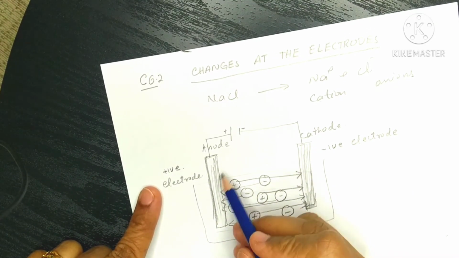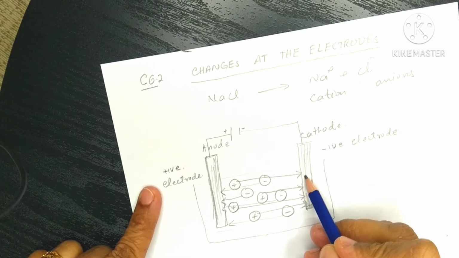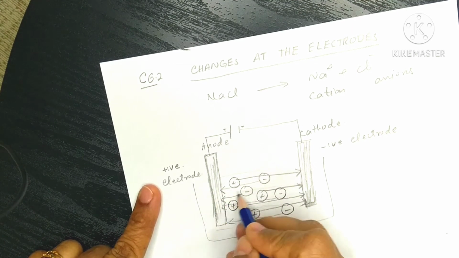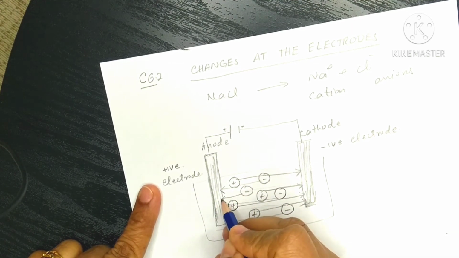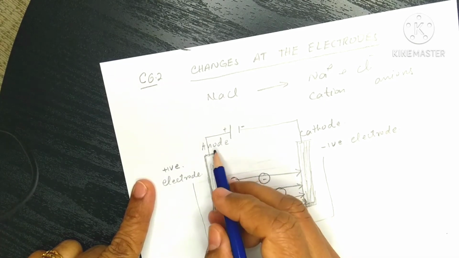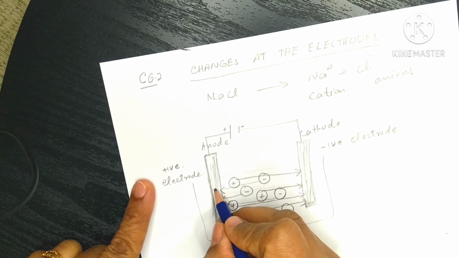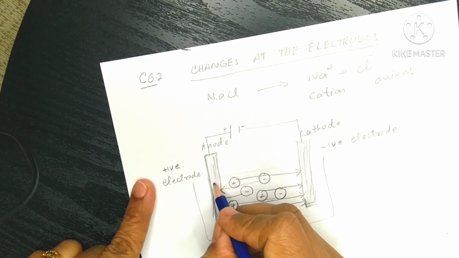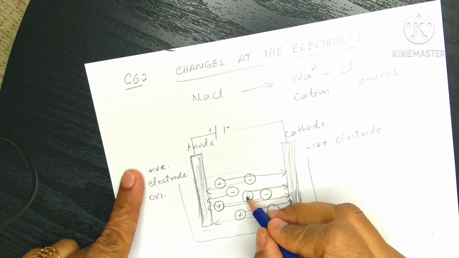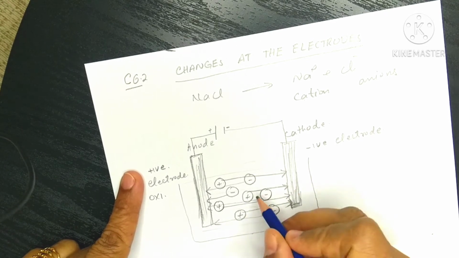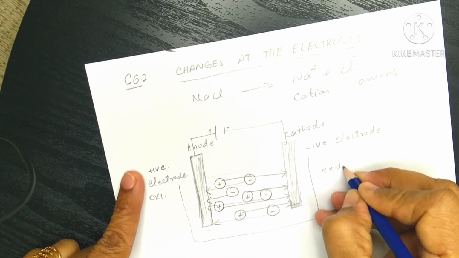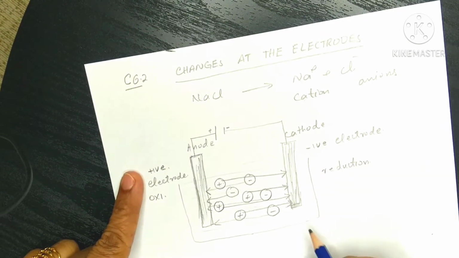Here at the anode and cathode, there are oxidation and reduction processes. Negative ions, when they reach the surface of the anode, will lose the electron, and when they lose the electron, they convert into a neutral atom. This process at the anode is called oxidation, because loss of electron is called oxidation. So oxidation will occur at the anode. Positive ions, when they reach the surface of the cathode, will absorb the electron, and addition of the electron is called reduction. So reduction will occur at the cathode.